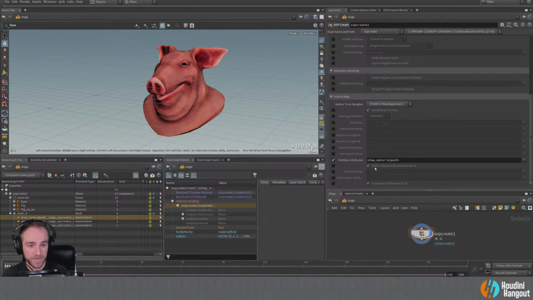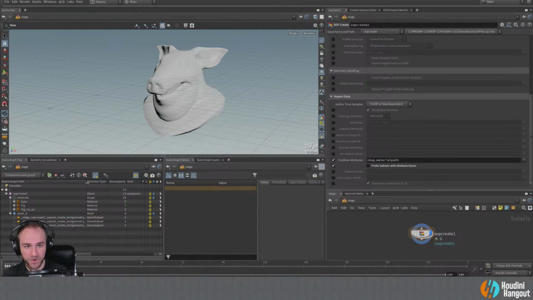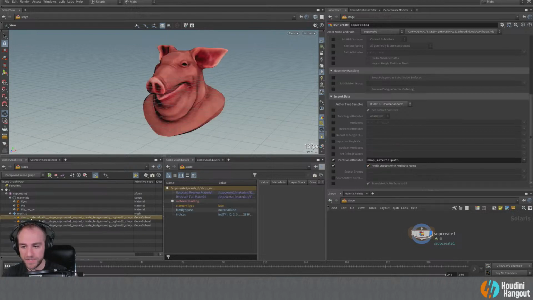But anyways, with this little grayed out thing right here, the thing to know is that is the default, right? So it is still prefixing subsets with attribute name, even though this isn't checked. When I check this, it gives me access to it. But like here, translate UV attribute to ST, that is happening right now. In fact, we'll look at that in a second. What I'm going to do here is uncheck this. And now, unfortunately, shot material path, what it's doing here is adding this shot material path underscore blah, blah, blah.